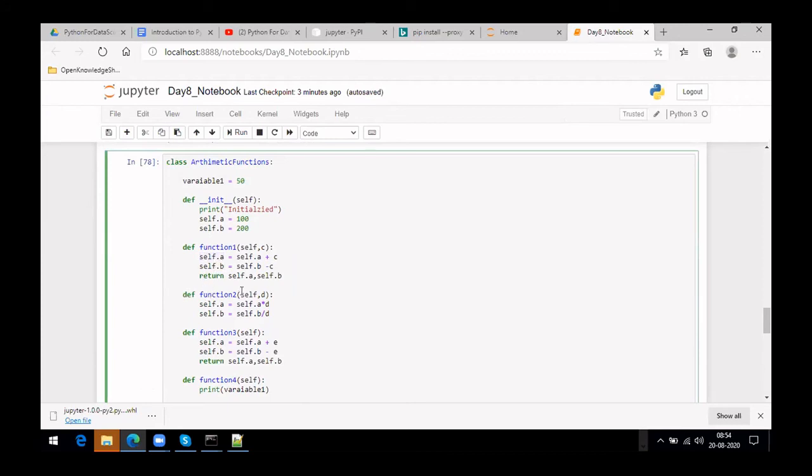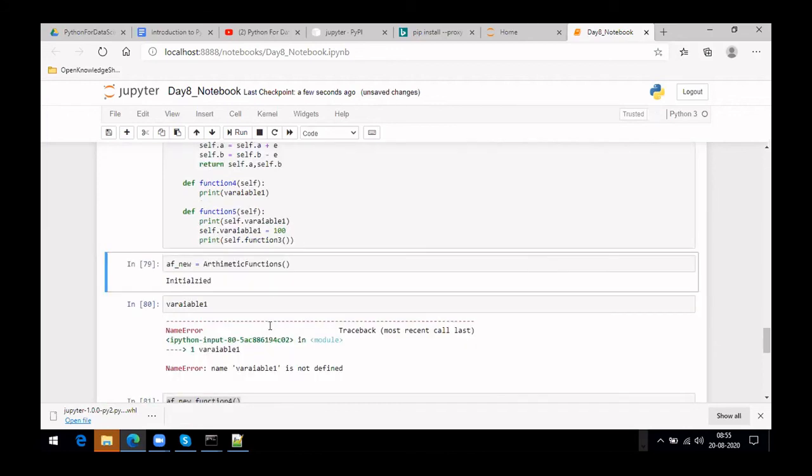So in case we are calling another function, it will be taking that new value, and in case you are modifying it again, that value gets modified. Okay. Yeah, if I just remove self in function two. So in case you want to remove self in function two, let's try that out. So this way, and you are returning it, A comma B. If you don't return, it is also fine, just that we want to verify that.